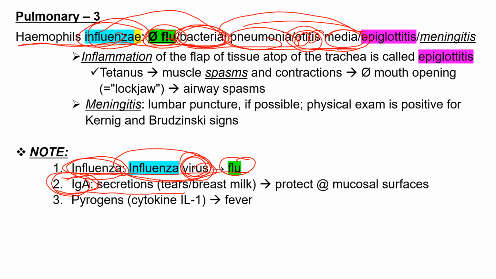IgA is secreted in tears, it's secreted in other fluids such as breast milk, and protects the mucosal surfaces. What Haemophilus influenzae does, it has IgA protease, it digests IgA. IgA is no longer functional, and so mucosal infections